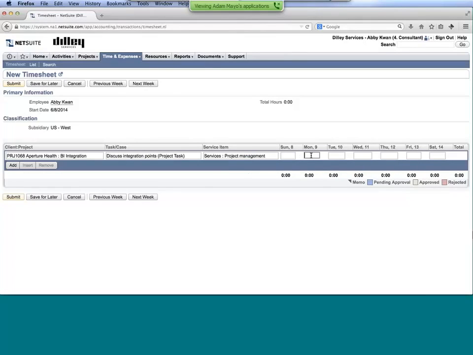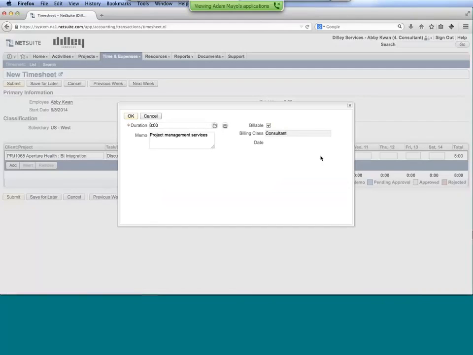And then from here, I'm just going to start entering in my time. So I can plug in 8 hours, tab off of that, and as soon as I do so, there's a little comment section here. And when I pop that open, I can plug in the duration again, or even use a little timer to calculate it, put in notes within here. I'll say on-site with the client. And again, here we have it very much reduced down. I'm trying to have a nice clean look and make it as easy as possible for someone to enter it in.